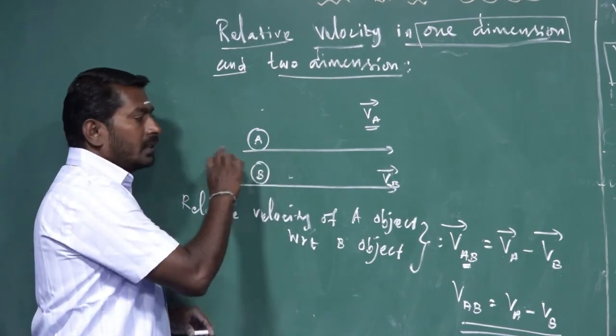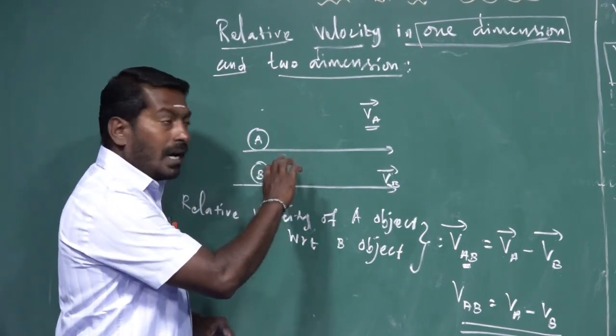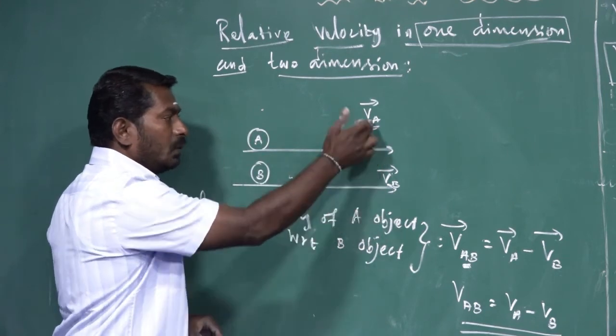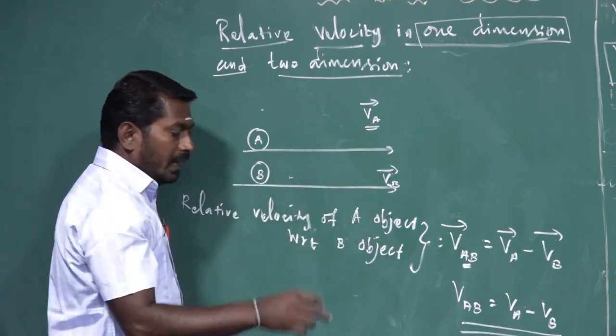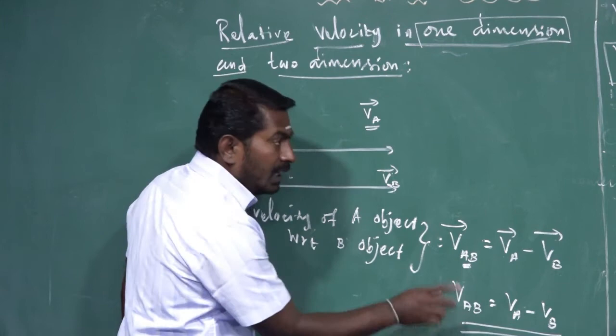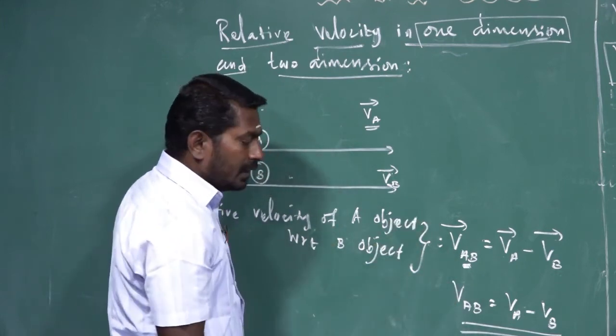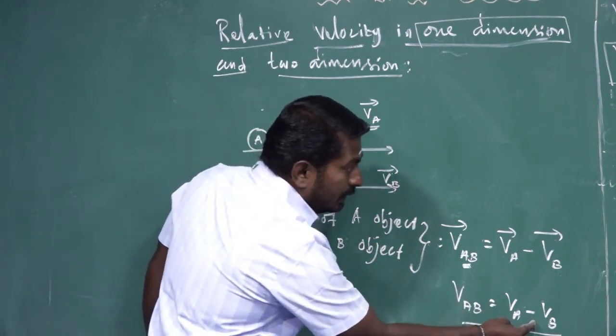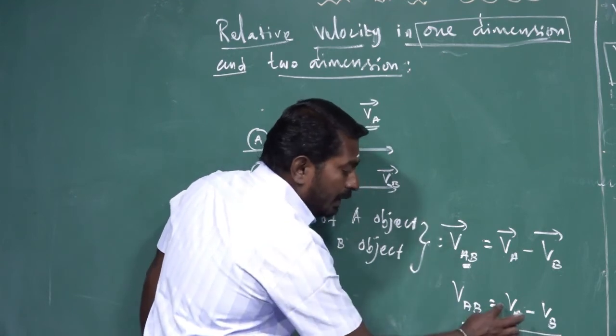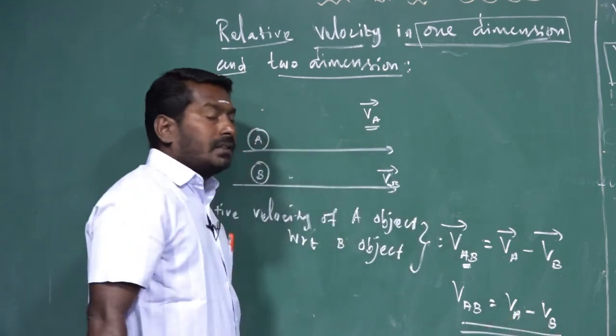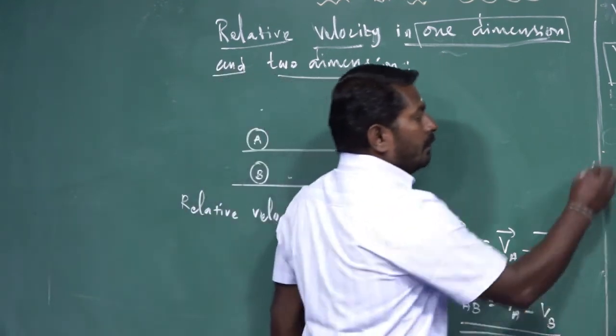There are two objects traveling along a straight road along the same direction with different uniform velocities. Magnitude wise, the relative velocity of one object with respect to the other object is equal to the difference of the magnitudes of velocity of the two objects. In case 2,